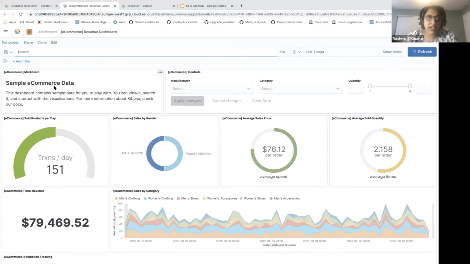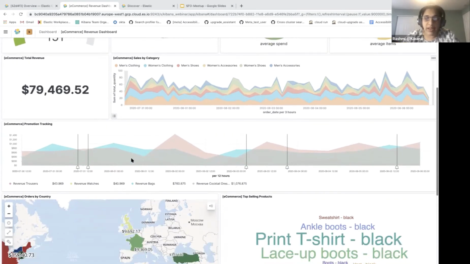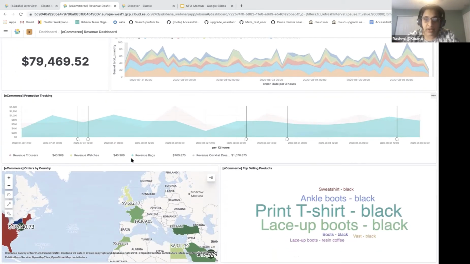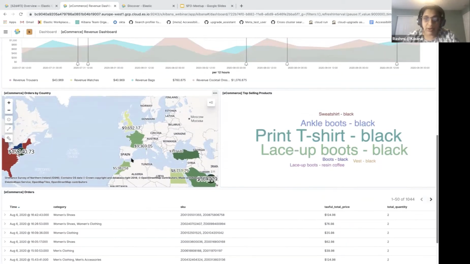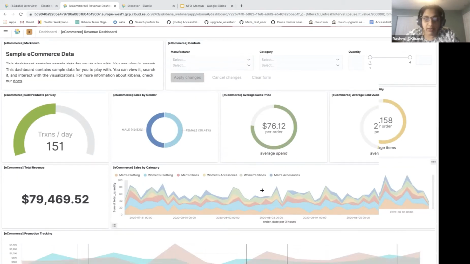It has created an index pattern, and it is showing me rich dashboards, from which I can derive many significant data points. What is the average male to female data ratio, what are the transactions per day, how many orders, what is the minimum value of the order, and so on and so forth. So the main thing I want to take on in this dashboard is,